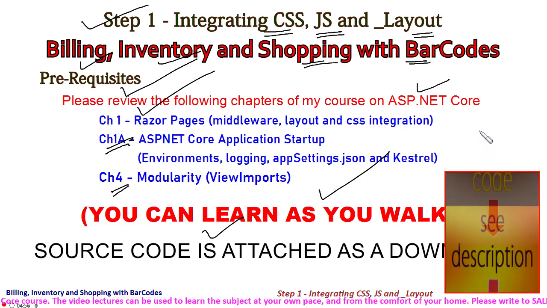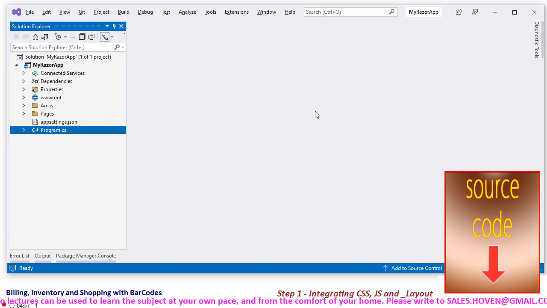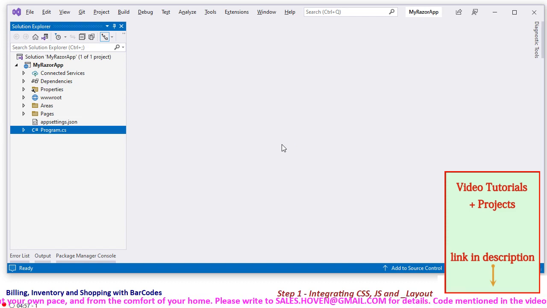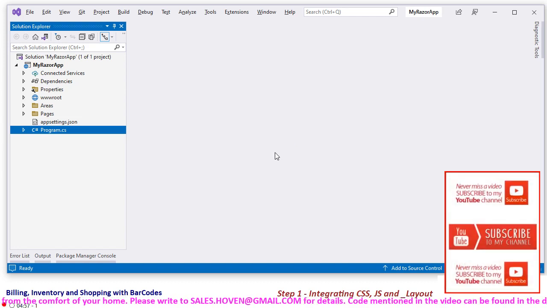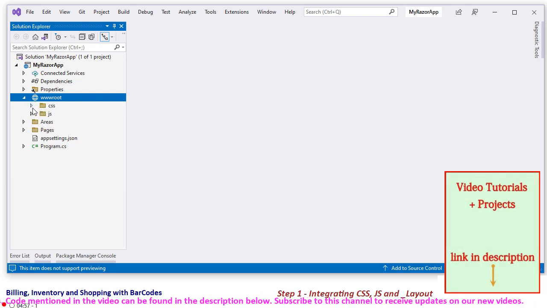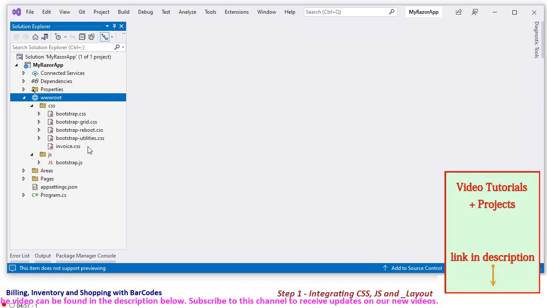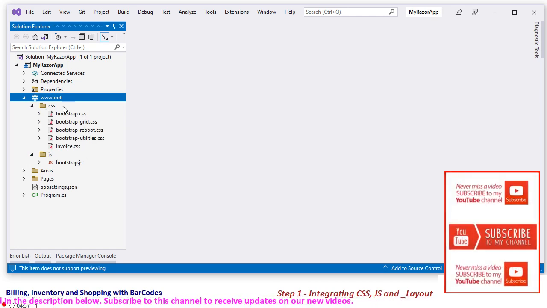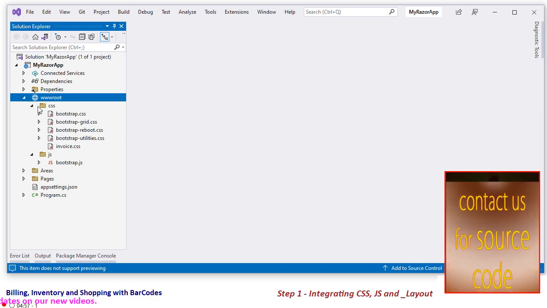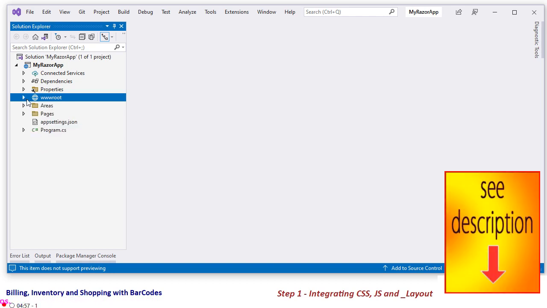And now let me straightaway come to the Program.cs file, the Solution Explorer. This is the Solution Explorer up to the stage where we shall be integrating CSS, JavaScript, etc. So first of all, as our starting point, this wwwroot folder should be created in the Solution Explorer, and to this you should add all the CSS and JavaScript folders with all the tree, etc. I have obtained this from Bootstrap, so you should copy and paste it, or you can obtain it in my download. This will be the point from where CSS and JavaScript will be linked to